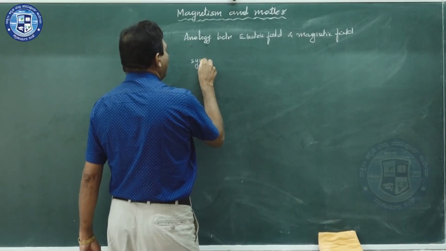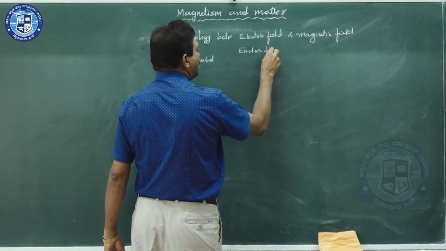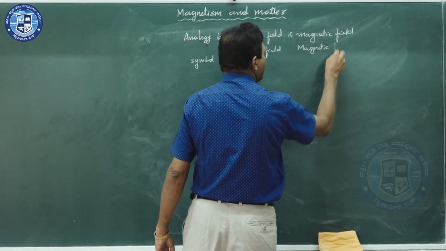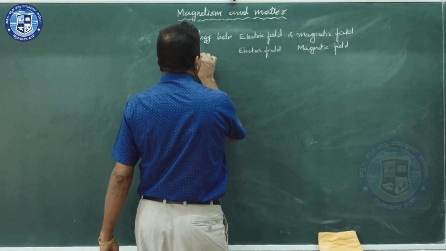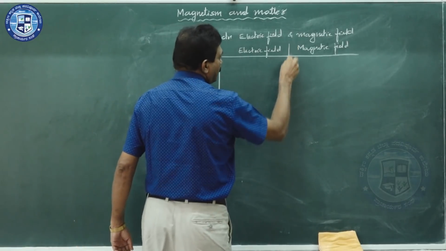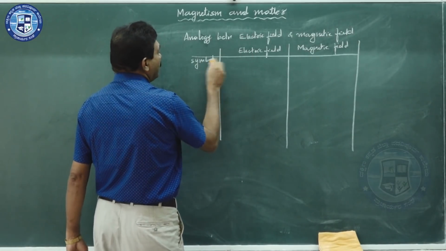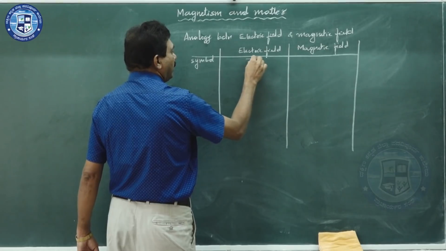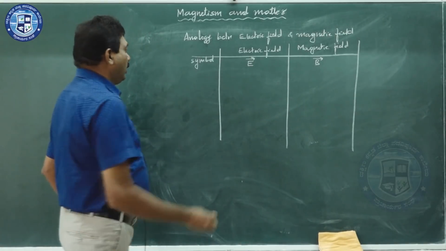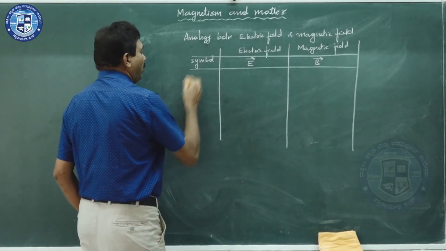Okay, what I will consider first is the symbol. What is the symbol for electric field? What is the symbol for magnetic field? You already studied all these things, just one small glance, so that you will understand and remember it better. Okay. The symbols we use, and then the expressions, everything we can conclude here. The symbol for electric field vector is E vector, magnetic field vector is B vector. After the symbols we use, we will go one by one.